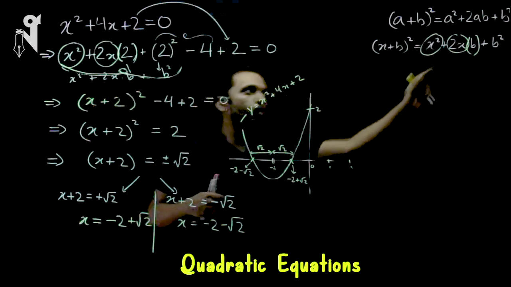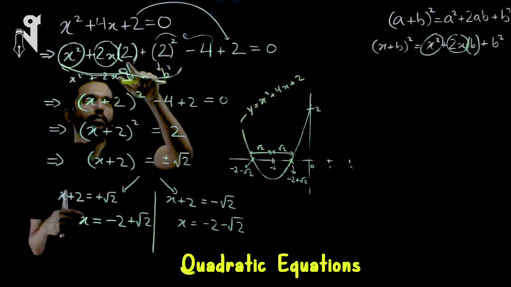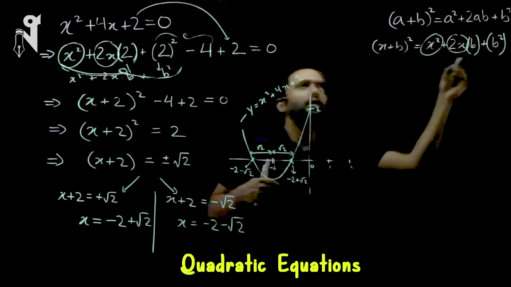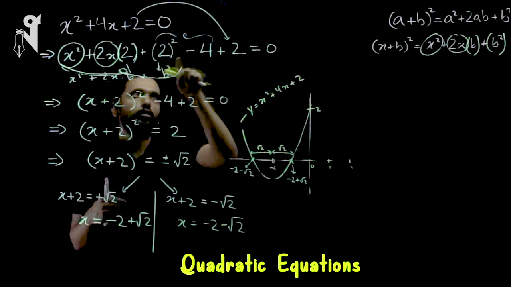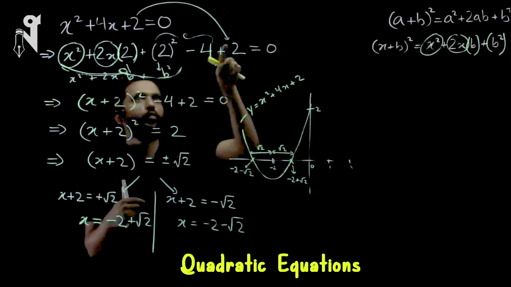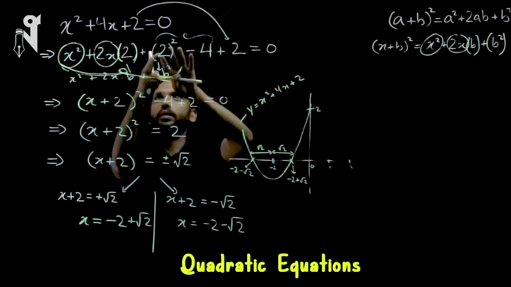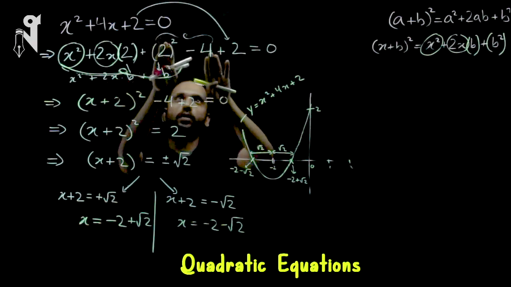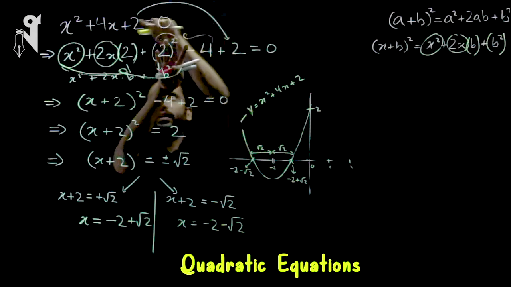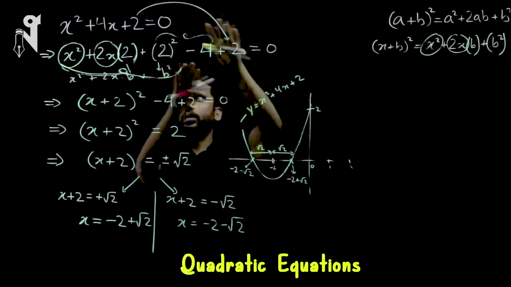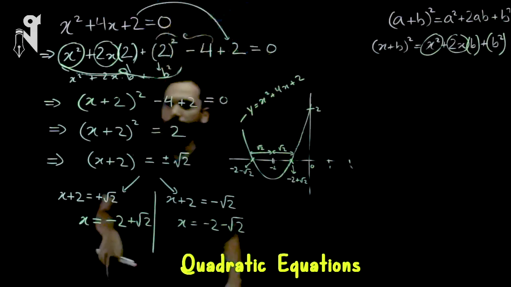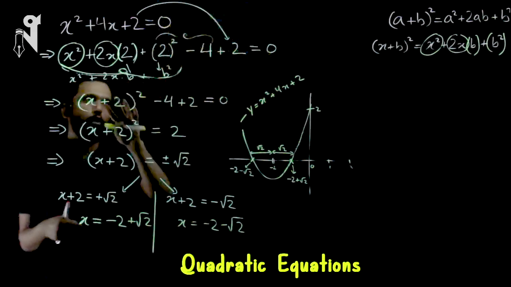Now for the formula to be working, you need a b square. So once you get a b, you plant that b square. You plant that b square, and since you have planted it, you remove it in the same breath, because you can't change the question. You put a 4, you remove a 4. Now what was already there, you have to put it back so that the question remains the same. So I hope you got the steps.